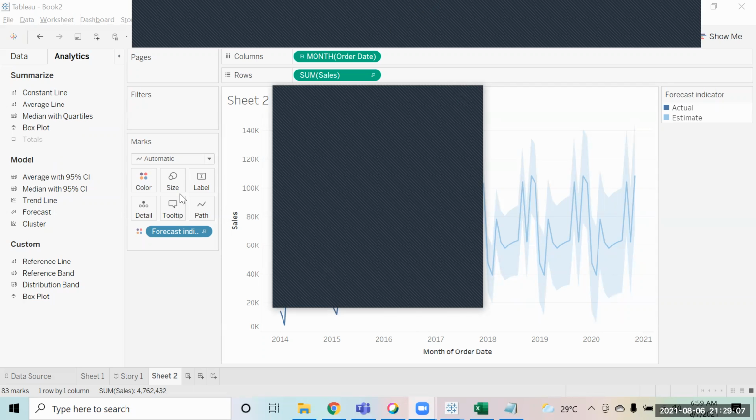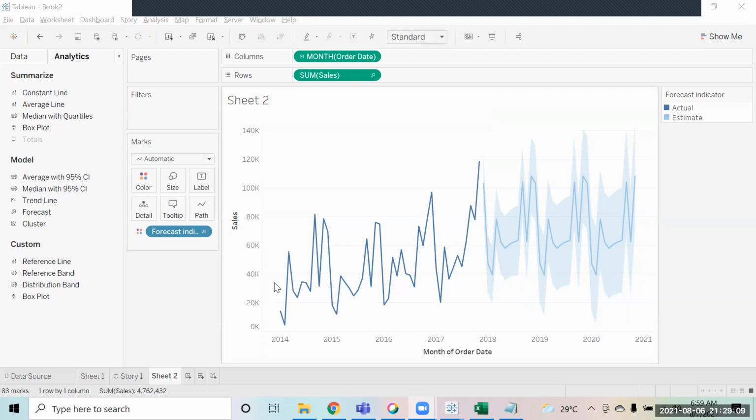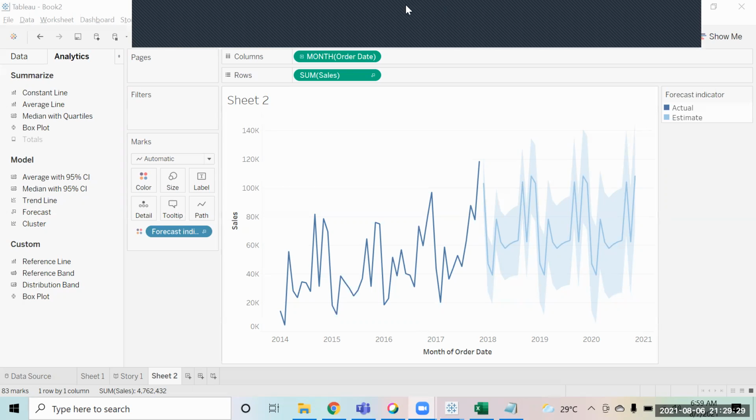We are just using time and sales. But definitely the forecast depends on a lot of factors, right? Economic growth, the customer feedback, likewise. So if you have basic analytics, you can use this feature, but it is not the recommended one. Typically you will be using some more sophisticated statistical tools over there. Okay.